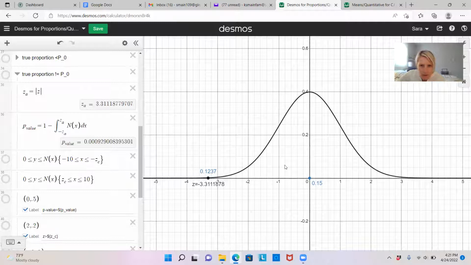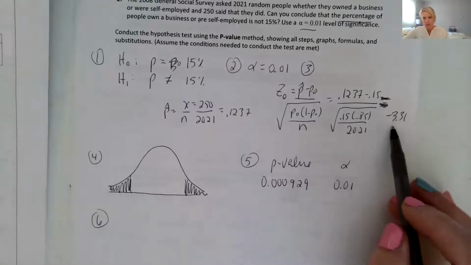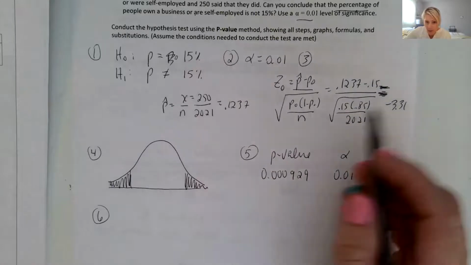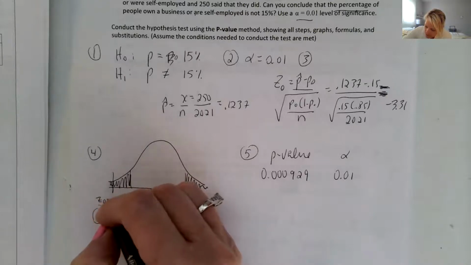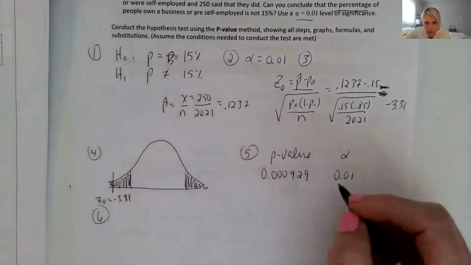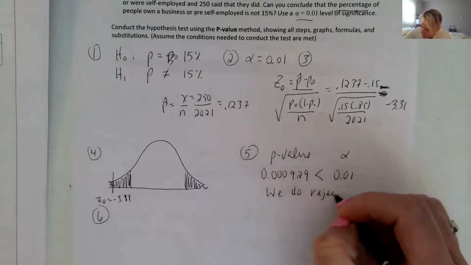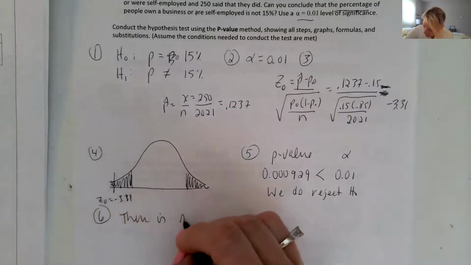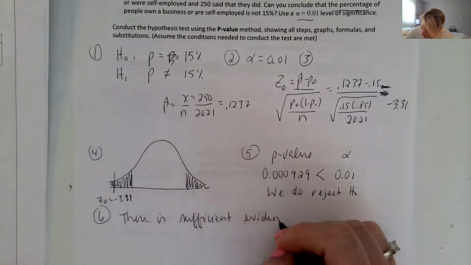Let's go back to our paper so we can write this out. So I put my z-score over here, a negative 3.31, my p-value, which is very small because our z, we're very far from the mean, right? We're actually over here is our z, which is a negative 3.31. So we're definitely in the danger zone. And it's less than alpha, so we do reject H0. So there is sufficient evidence